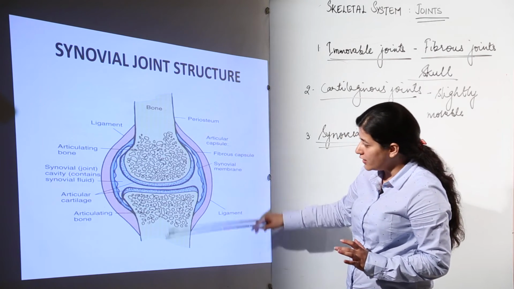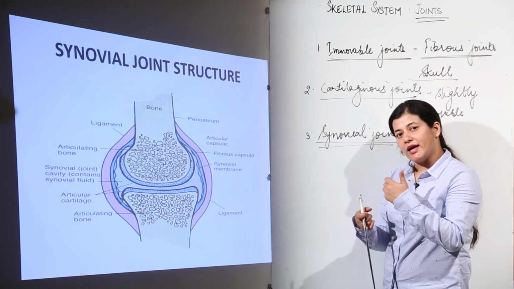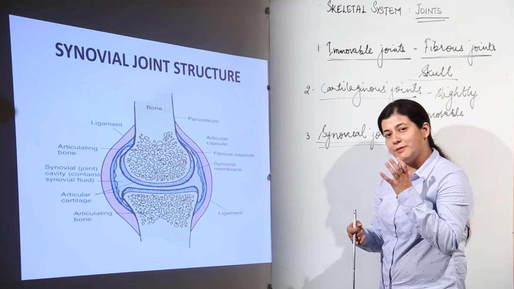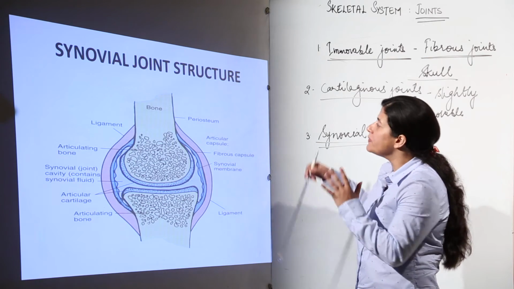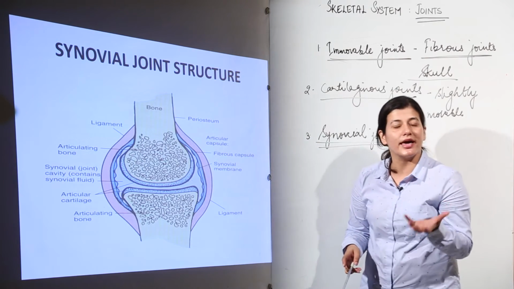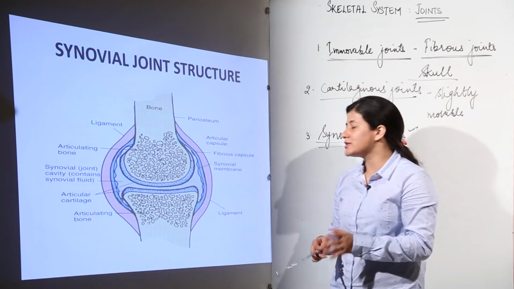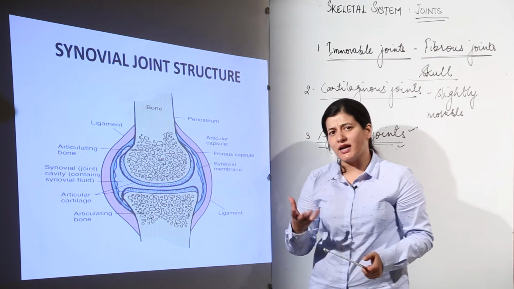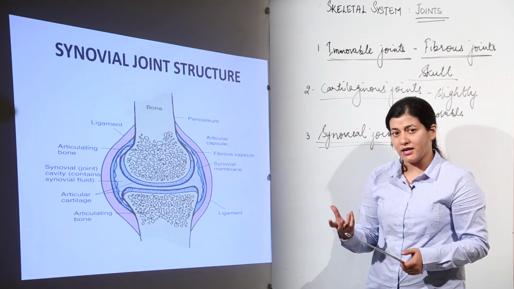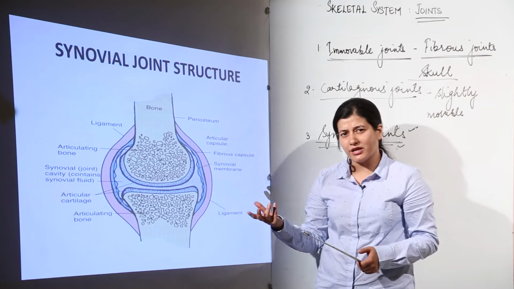This is one bone, this is another bone. The articulation is to be made in such a way so that the movement can be brought about depending upon the center of mass wherever it lies, because it has to ultimately work as a lever so that the muscle movement could be brought about. Now, I need not explain to you what a lever is, because that is basic physics understanding that you might have come across in your classes as low as 3rd or 4th grade, I guess.